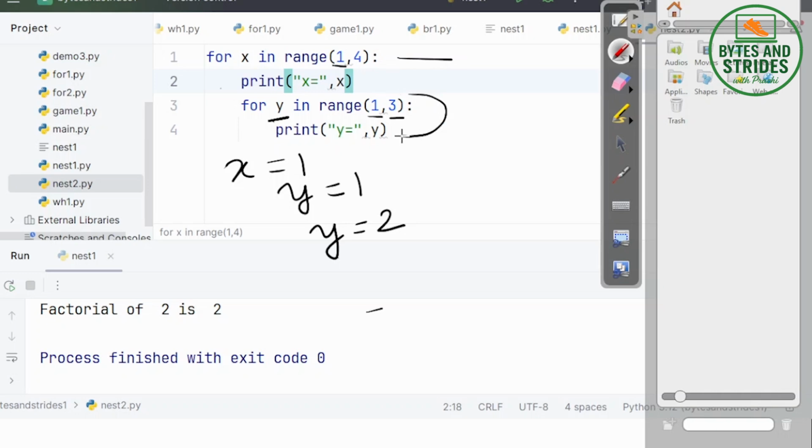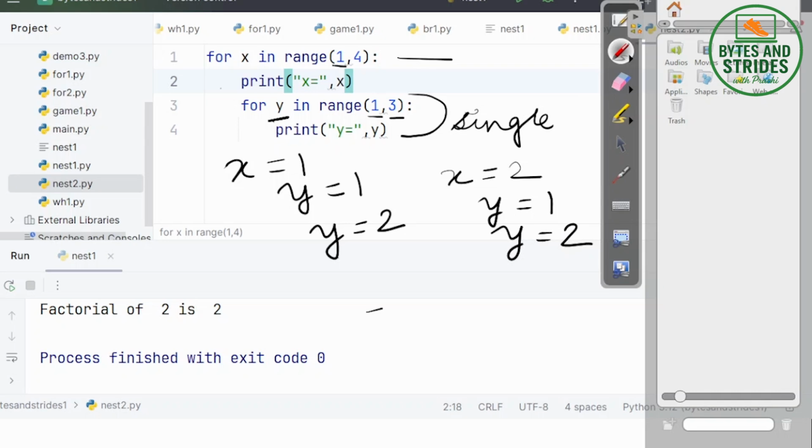inner loop will execute completely because this is a single statement for the outer loop. Next time, x will become equal to 2, and for x equal to 2, y again will be equal to 1 and y will be equal to 2.